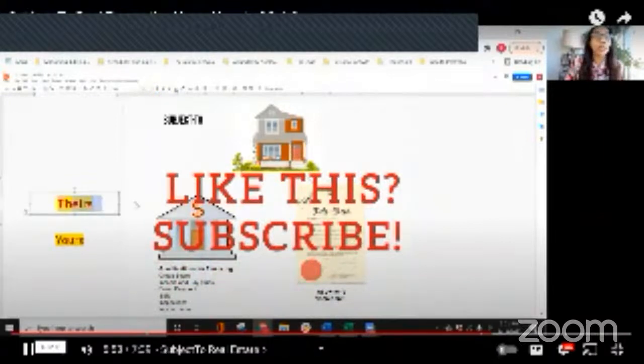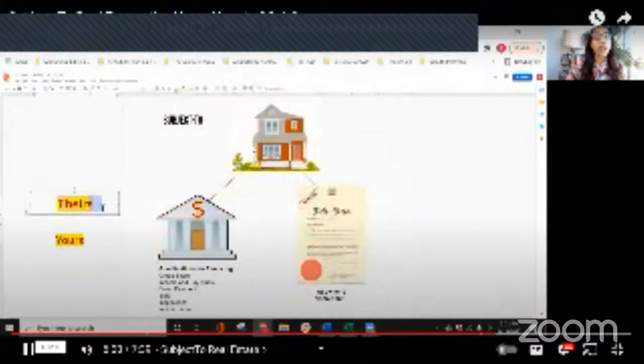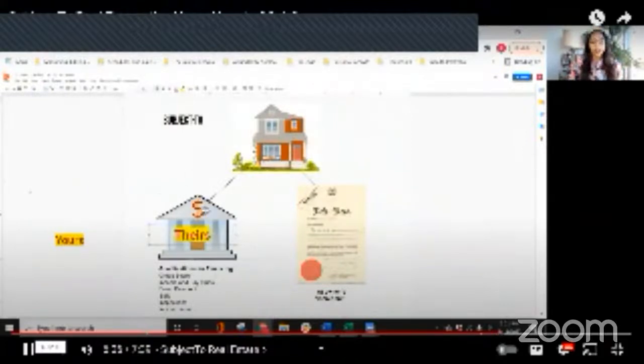All right, so let's take a look here just to review. The loan is theirs, right? That loan does not go to you. The loan is going to remain in their name. You're going to take over the moral responsibility to pay that back, though, subject to the terms that have already been established based on the person who used this information to qualify for the loan. That person will not be you qualifying for the loan.